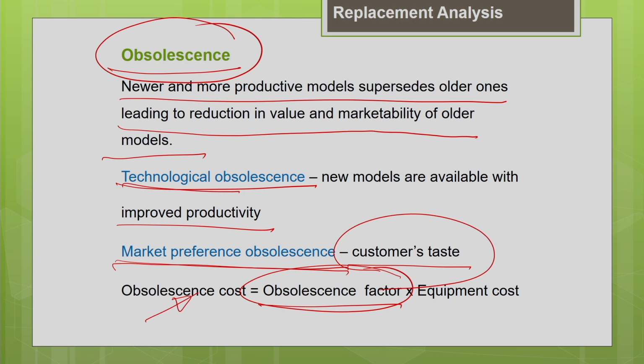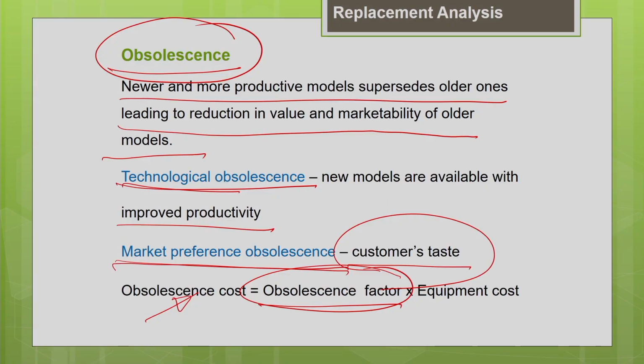So we have discussed the different components of the equipment cost estimation from the replacement analysis perspective. As I told you earlier, for replacement analysis we should consider all the components of the equipment cost so as to make an accurate estimation of the replacement timing. We should consider all the components, including the downtime cost, obsolescence cost, and the effect of inflation, so that we can get an accurate picture of what will be the optimum replacement time.